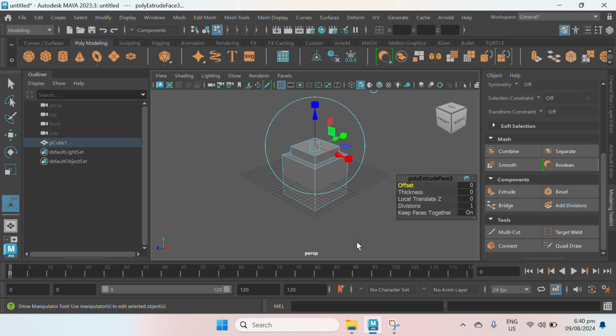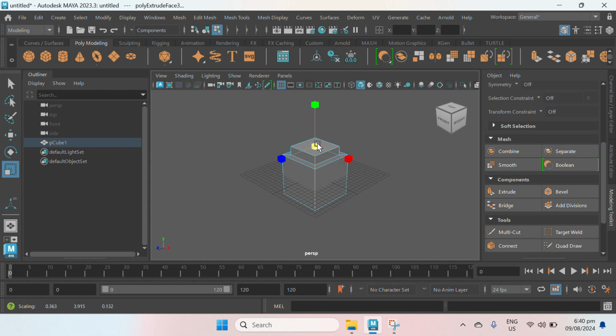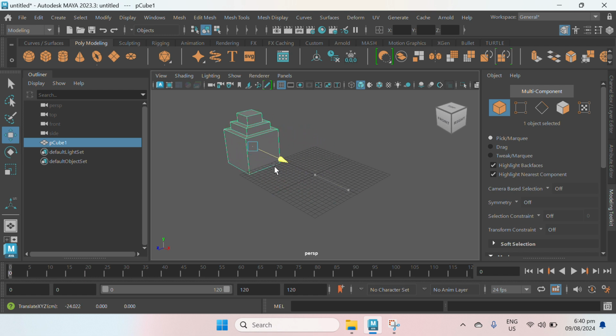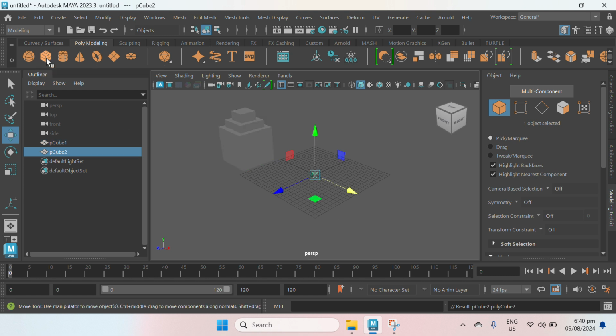Next, extrude, rescale, click and drag to the left, extrude, W, arrowhead upward. After extruding this shape, I will go back to object mode and then W, set aside this object. Next, practice again. Create another box, rescale, click and drag to the right.